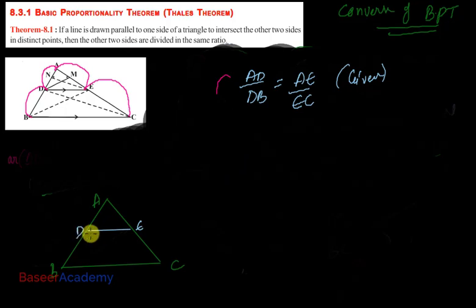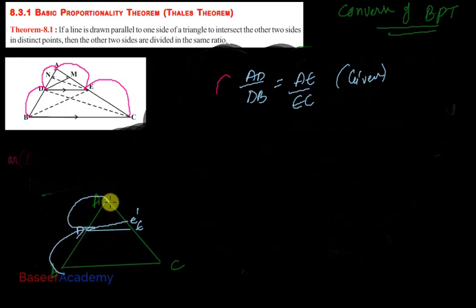We have to prove that DE is parallel to BC. How do we prove DE is parallel to BC? Let us say DE is not parallel to BC. We will prove this by using contradiction. So we will assume that DE is not parallel to BC. If DE is not parallel to BC, then there should be some other line DE dash which should be parallel to BC. If DE dash is parallel to BC, then obviously